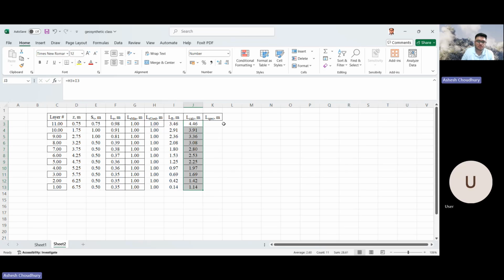So this is the length. The minimum length that was asked of us,